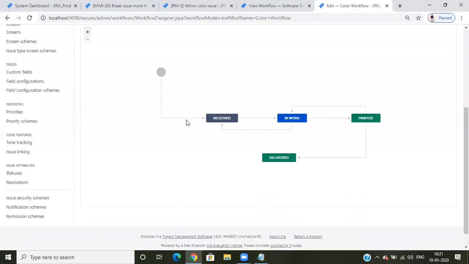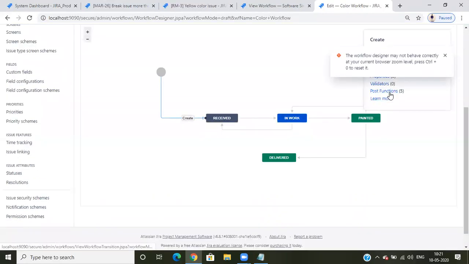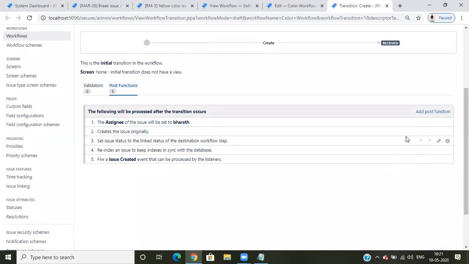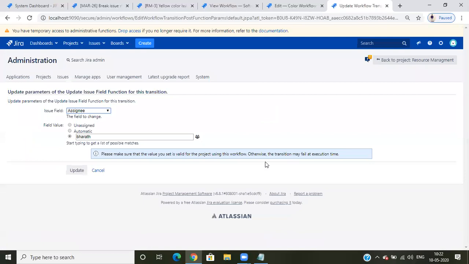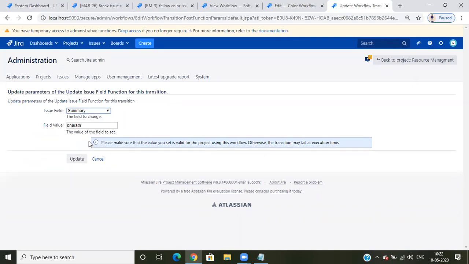So only a particular name. So before, we added like assigned to some particular persons, suppose like whoever clicks on the transition, assigned to the transition person, assigned to any group people, assigned to some particular person. Okay, but here we can assign to some Bharat name. If you are selecting any name, that will be assigned to the person. Suppose here we have some fields: description edit, priority edit, resolutions, summary fields edit. So this will be field name, field value, something.